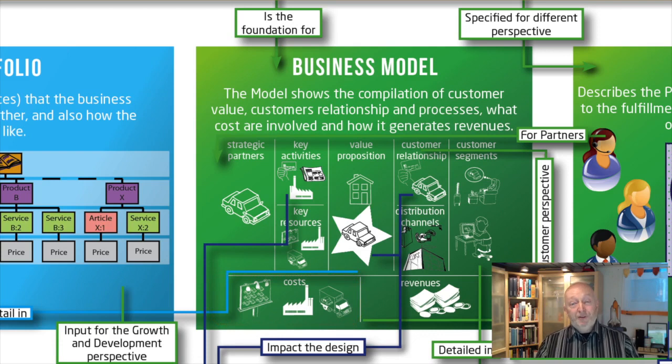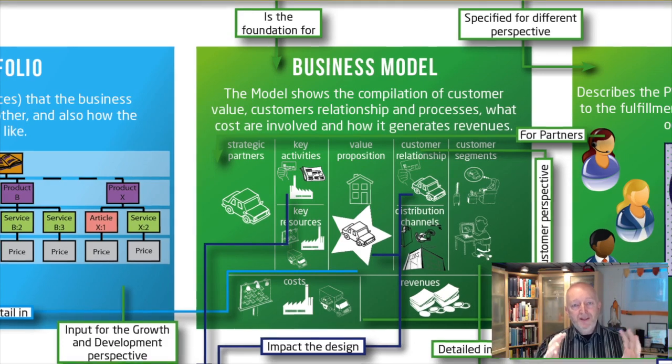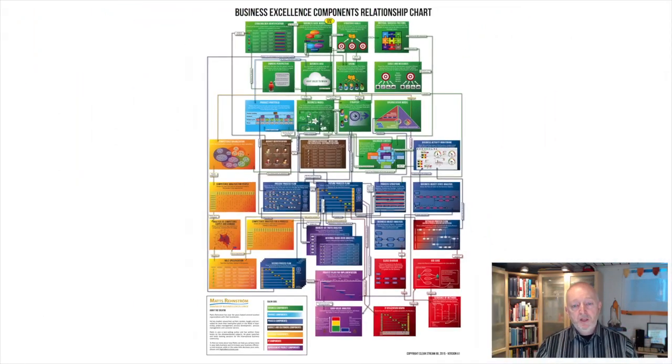So that's the basic thing of a business model. And as I said before, the business model is just one component, but it's spreading out to all the different components within this relationship chart. So I will talk in detail about the other components that I've just mentioned,